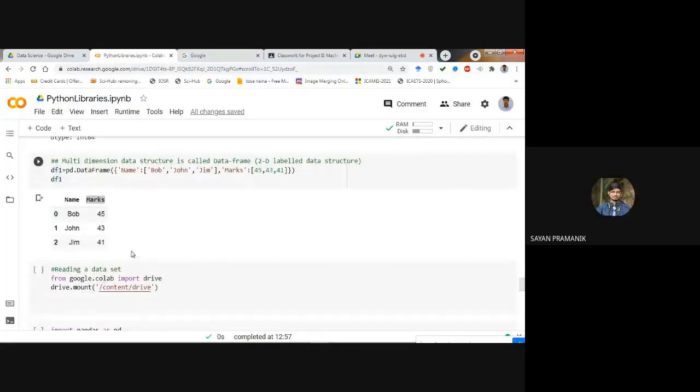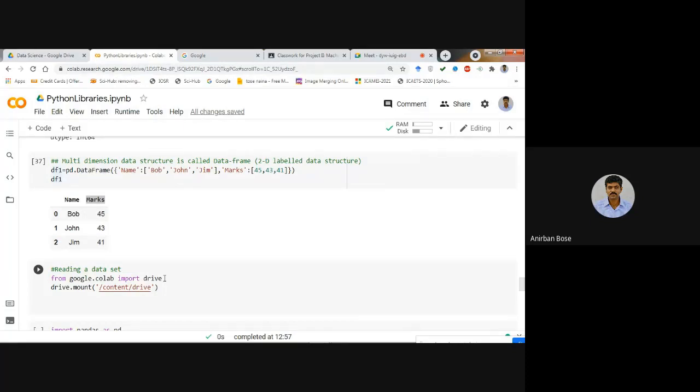Now the most important thing we are going to do is how to read some data file. Suppose some Excel file is there, and we want to take that whole Excel file into Python, and then do some data exploration on that Excel file or the CSV file. First thing is that if it is an Excel file, in that case you have to convert it into a CSV file.